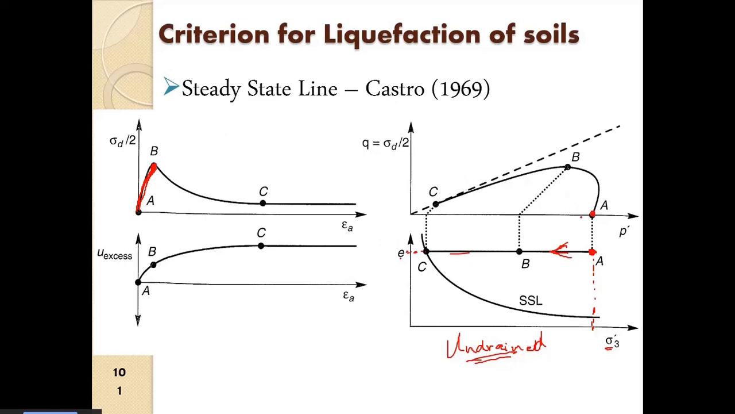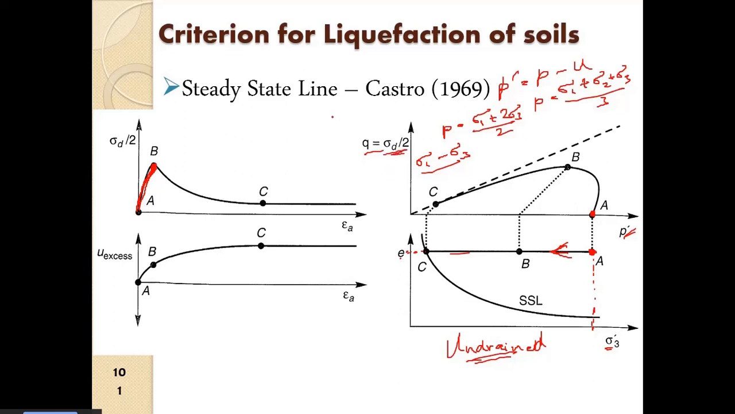point A, when we plot it in P dash and Q, P dash is equal to P minus U, and P is equal to sigma 1 in case of triaxial, or in the three-dimensional case, it is sigma 1 plus sigma 2 plus sigma 3 by 3. In the triaxial test, it is sigma 1 plus twice sigma 3 by 3, and Q is sigma 1 minus sigma 3, which is sigma d. So here he has plotted sigma d by 2. That means the deviatoric load